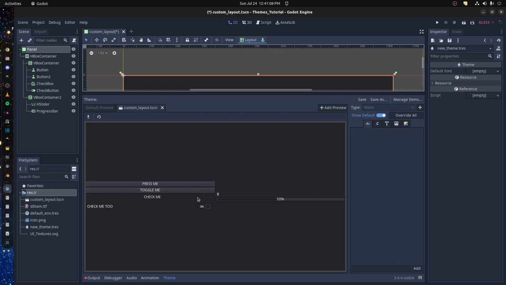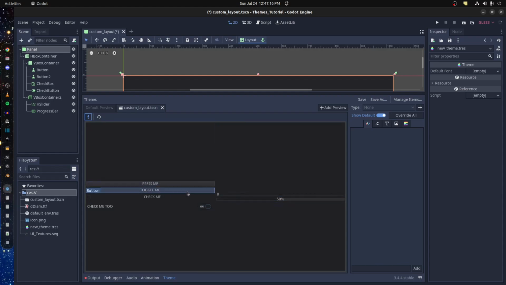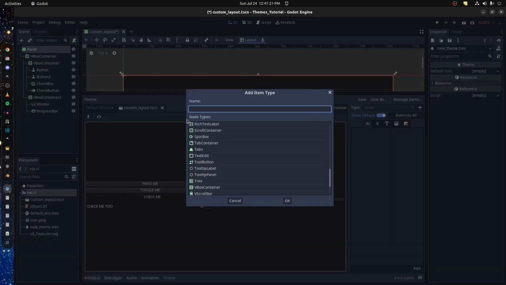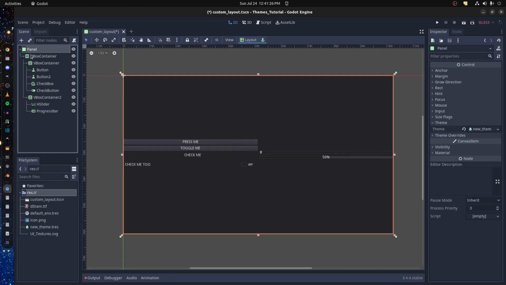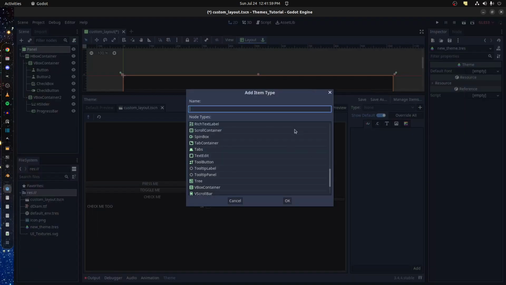If you want to edit a theme, there's two ways you could do it. You could select this little picker here, and select whatever you want to change, or you could go over here and add whatever you want to change. For example, this panel here is the root. You can select it, and if you wanted to change it, it's the black background that you see in a dark gray. Let's go back in the theme, because the picker can't select it, it could only select its immediate child. Go here, add panel,